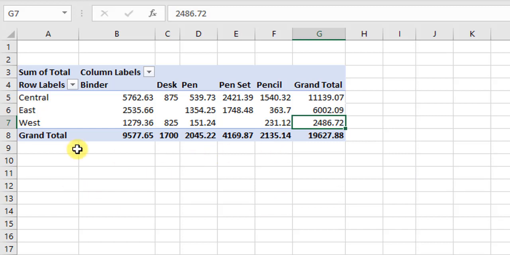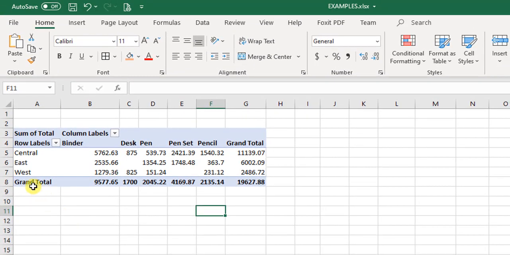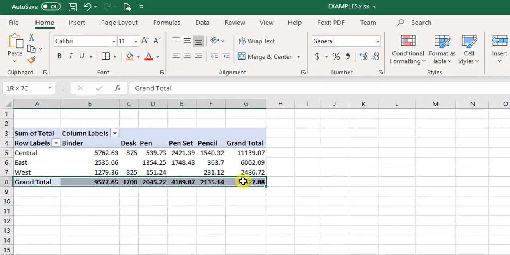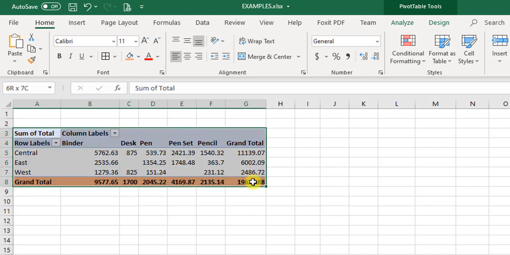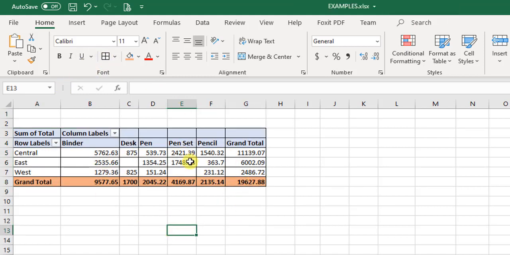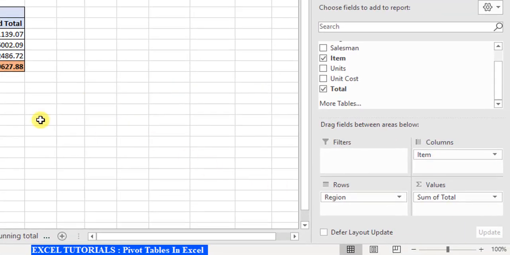Regarding the formatting, once this data is arranged according to your liking, you can do the formatting as with any other data ranges in Excel. For example, if you want to change the color of this, you can just select this, and as in normal circumstances, select the Home tab and you can select the color. Or if you want to have grid lines for this, you can select all this and have grid lines for this. So you get the hang of it. So this is how we create various reports just by moving data into these four areas.